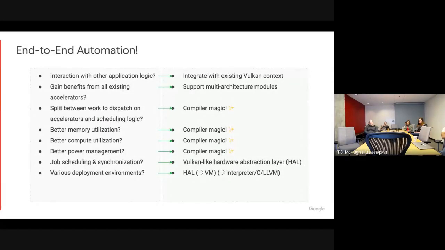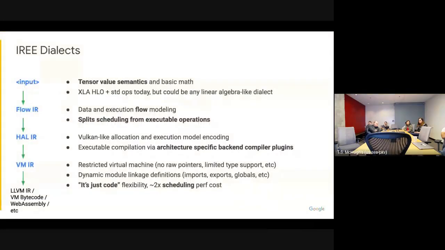And so really, when we're talking about end-to-end automation at this level for the scheduling, what we're talking about is all of those things that you have to keep in mind if you were to handwrite this stuff. We want to bring those into the compiler and do that for you. So the way that we do that is we've created a set of dialects in MLIR that we lower through, and at each one of those stages, we very carefully pick our representation to allow us to extract as much as we can in terms of the optimization space at those different levels.